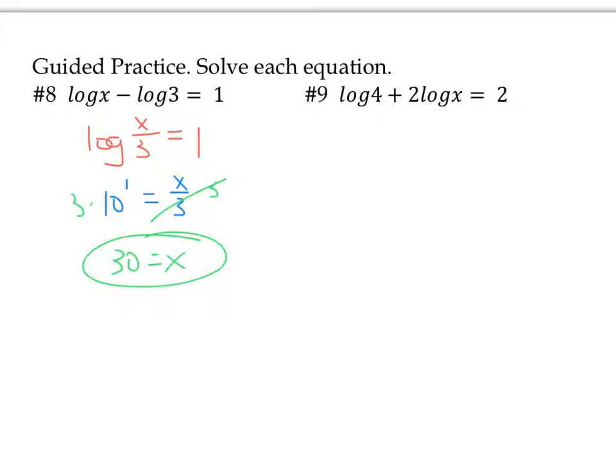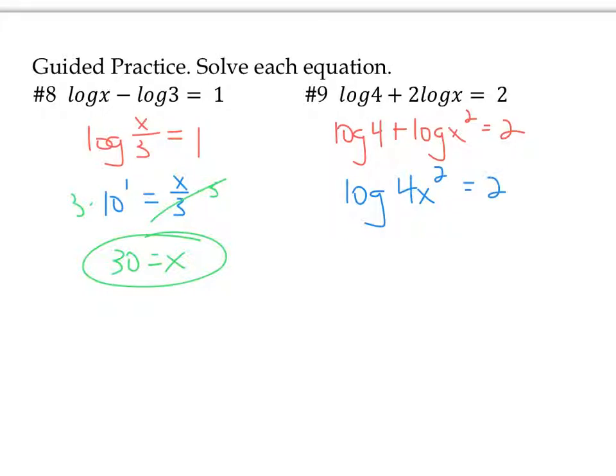Okay. And in this next example, we can first take this 2 log x, and we're going to write that as log of x squared, because there's 2 in front. Remember, property of logarithms, we can write that as an exponent. So we're going to have log 4 plus log x squared equals 2. And now since we're adding, we write this as a product. To condense this fully, we have log 4x squared, because we're multiplying the 4 and the x squared,